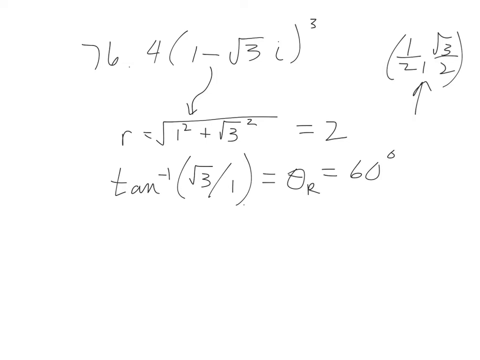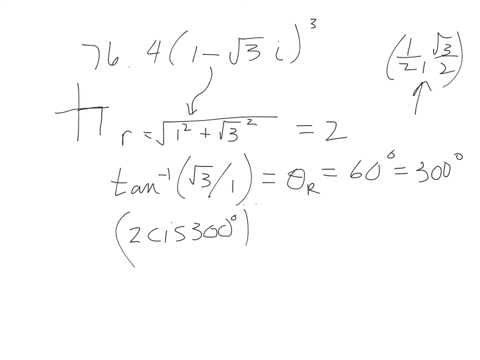60 degree reference angle, and I've got to figure out what quadrant that's in. So if we look at 1 minus root 3, if we go 1 to the right and then down root 3, that puts us in the 4th quadrant. So if we have a 60 degree reference angle in the 4th quadrant, that would be a 300 degree actual rotation. So our complex number now is 2 cis 300, and we are taking that to the third power, and